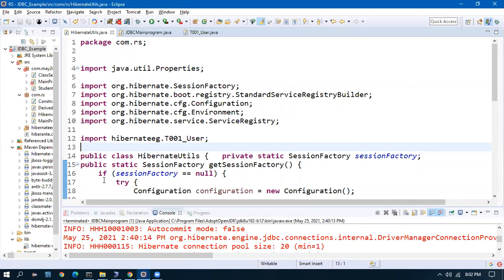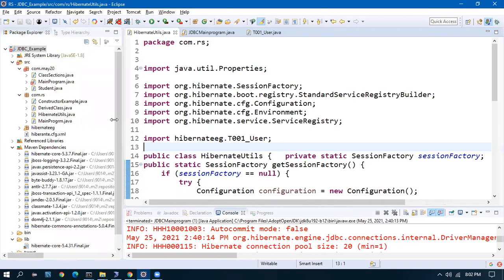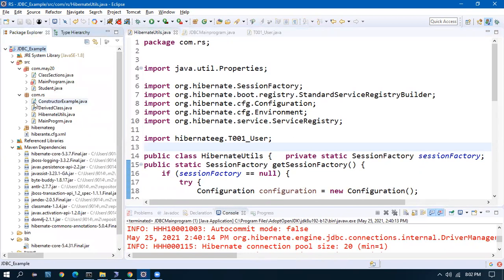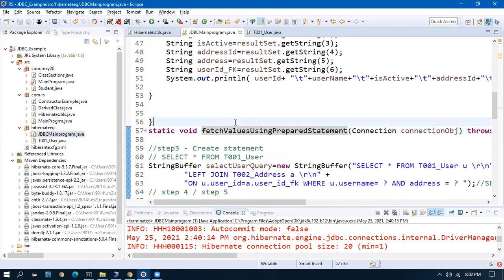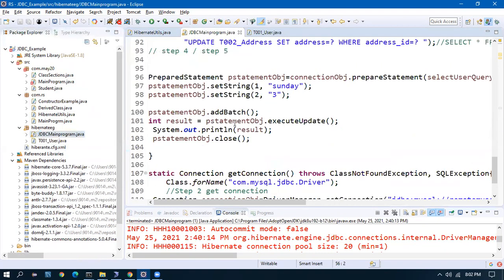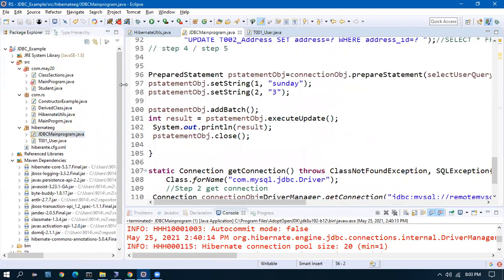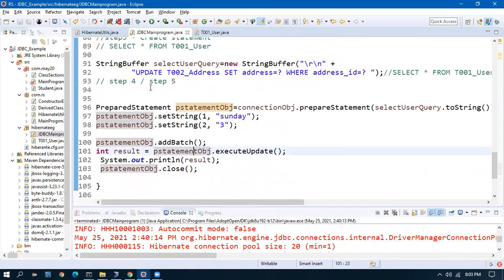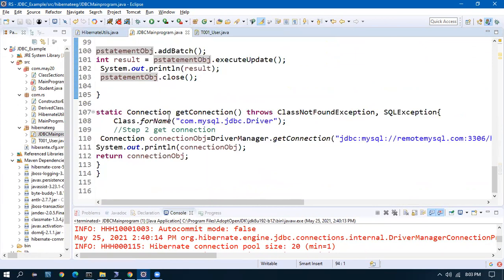Okay, so I have one, I think I wrote a JDBC program. So this program, we have written it earlier and using queries. So we have these queries here.